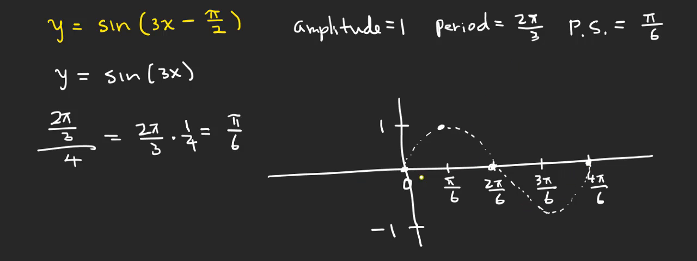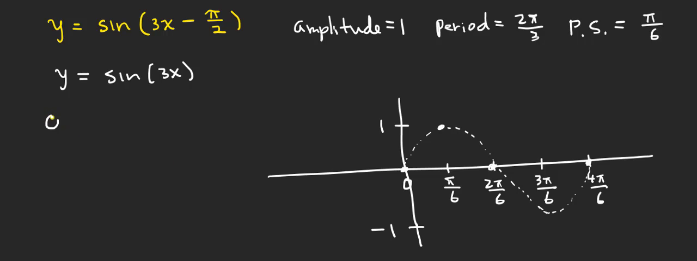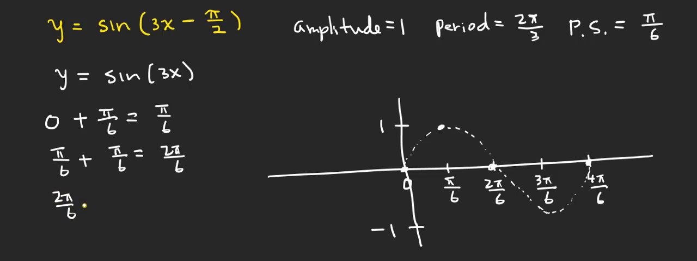Now we need to find new values of x to graph the sine of quantity 3x minus pi over 2. So how are we going to get the new values? Well, it's going to be 0 plus pi over 6, which is going to be pi over 6, and pi over 6 plus pi over 6, which is 2 pi over 6, and 2 pi over 6 plus pi over 6, which is